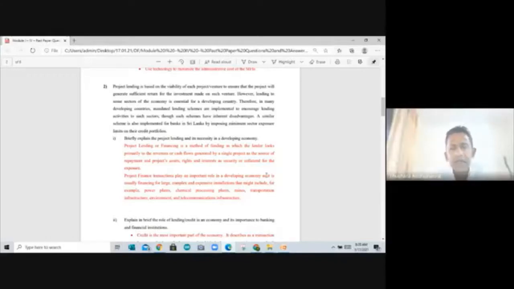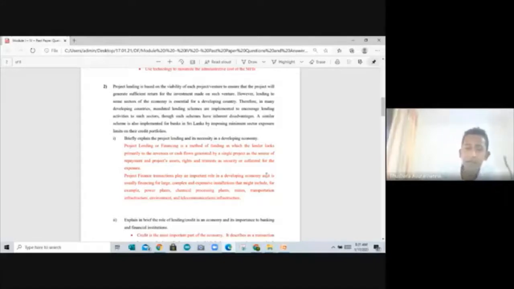Having said that, what the examiner has suggested is a method of funding in which the lender looks primarily to the revenue or cash flow generated by the single project as the source of repayment, with project assets as security or collateral for the exposure. Our definition of project lending is similar to that. Such transactions play an important role in developing the economy as they usually finance large, complex, expensive installations, which might include power plants, chemicals, mines, transportation and infrastructure. But as per your thinking, is this answer adequate,